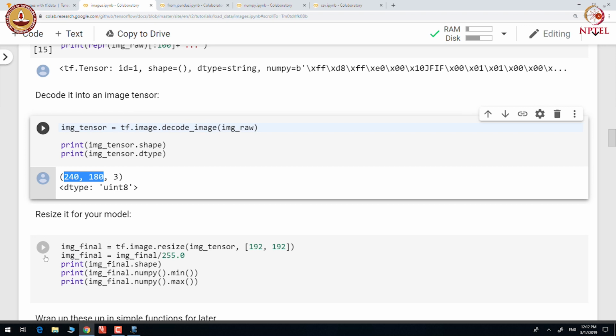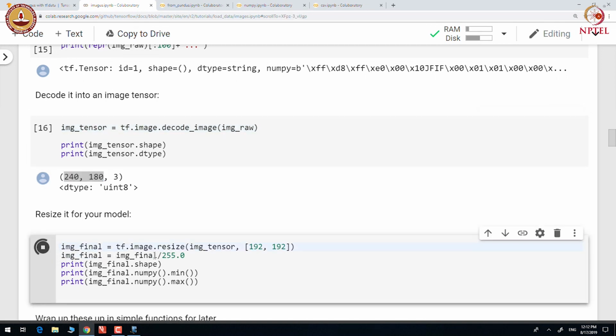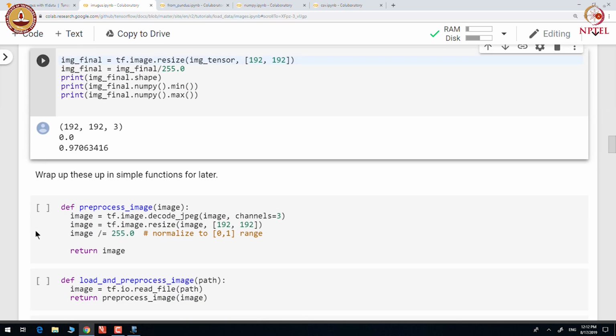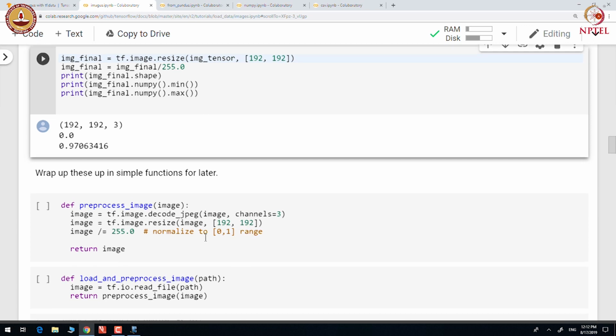We will resize each of the images to 192 by 192 and we normalize the image by dividing each pixel value by 255. So, we wrap all this transformation into a simple function called preprocess_image, where we first decode the JPEG file, resize the image and then normalize the image in the range between 0 to 1.